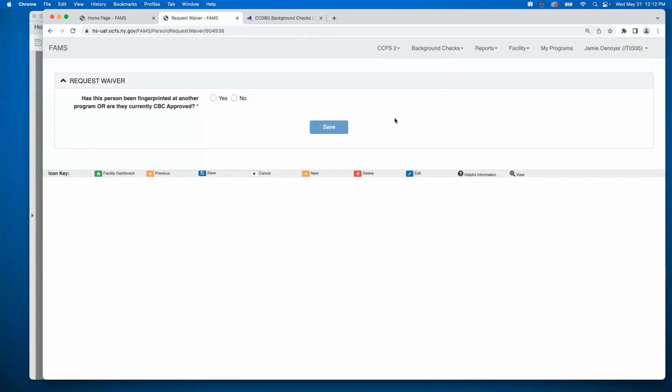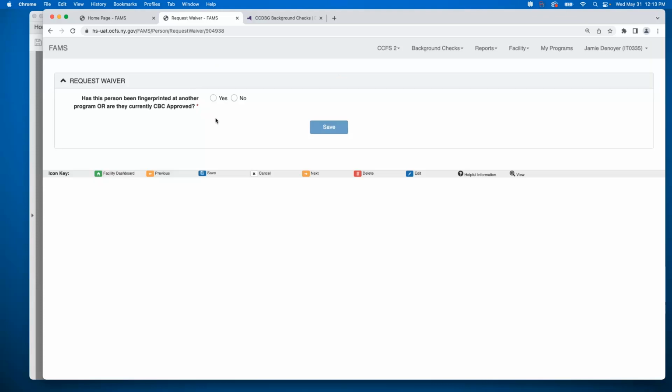What this means is if somebody has come from another program and they have already been fingerprinted or were currently CBC approved, and this has happened within the last 5 years, and they have not had a lapse of working in a child care facility for 180 days or more within that 5-year time frame. If you can answer yes to this question, then they can be waived into your program, which means they can be added to your active staff list.